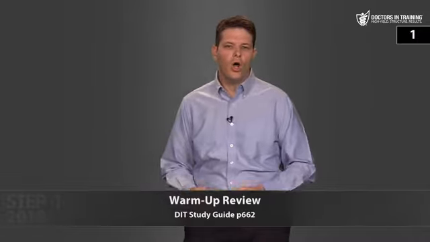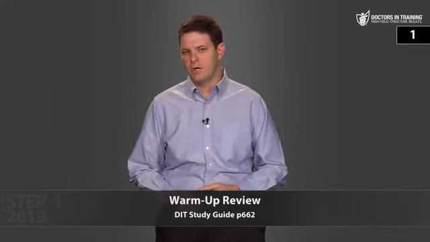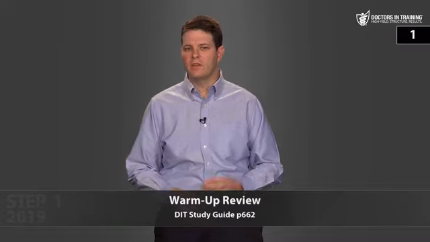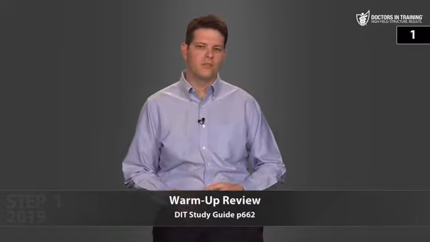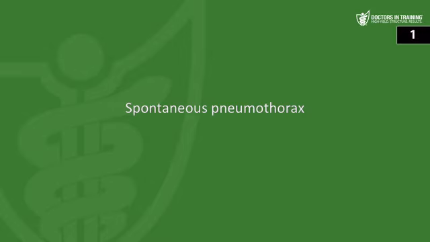Let's warm up for Endocrine 9. First question, a tall, thin male teenager has abrupt onset dyspnea and left-sided chest pain. Percussion on the affected side reveals hyperresonance and breath sounds are diminished. So what's the diagnosis? Well, this is a classic presentation of a spontaneous pneumothorax, not a tension pneumothorax, just a